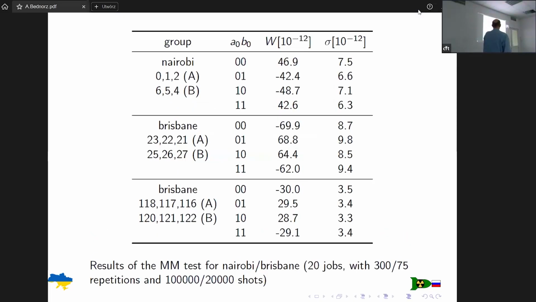When you take the other 2, and from this complicated gate Q, you again get at least 4 different ways to find this witness, and again it's at least about 5 standard deviations. Here it's even close to 10. And again, shots in Nairobi it was 100,000. For Brisbane, Nairobi, it's now limited to 20,000.